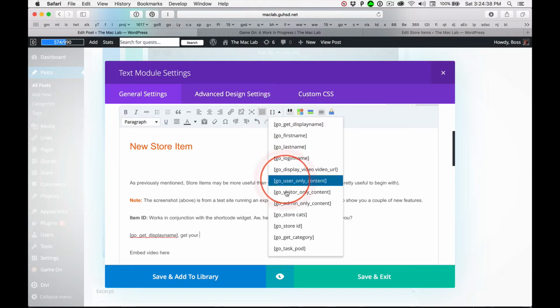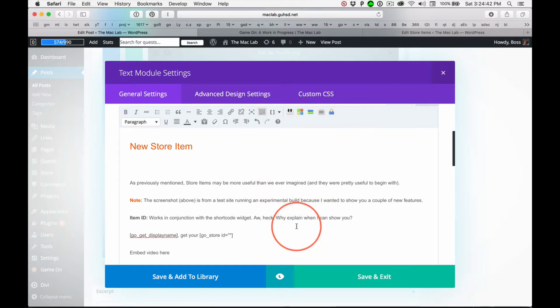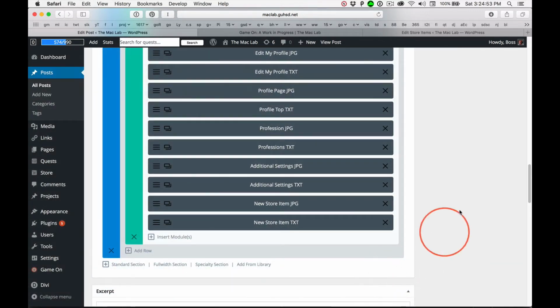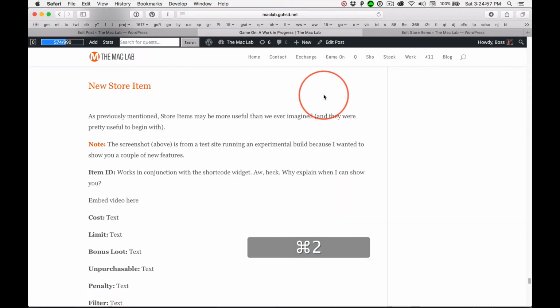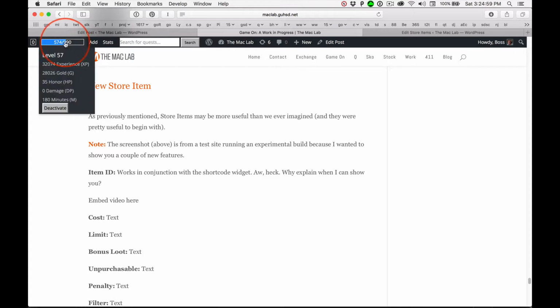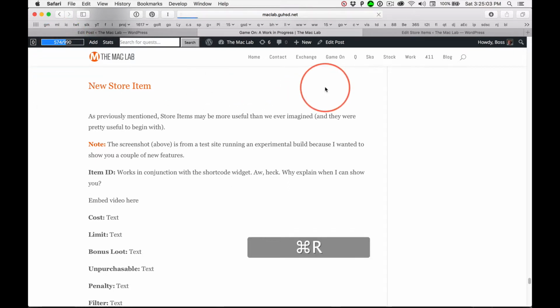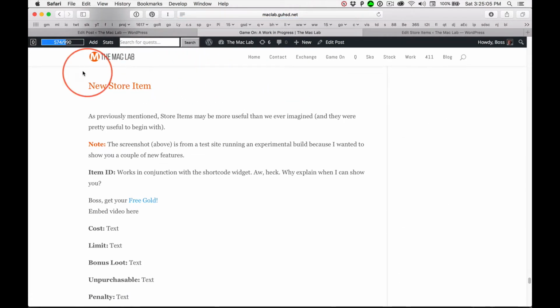Click on the shortcodes and come down to Store ID. Now, I want to see some beauty coding. The guys made that cursor drop in, put the focus between those 2 quotation marks, which means I just paste that number and I'm done. We update this page, and while it's updating, I'll switch over to this page, show you before I do it, I've got gold 28,026, refresh this page,